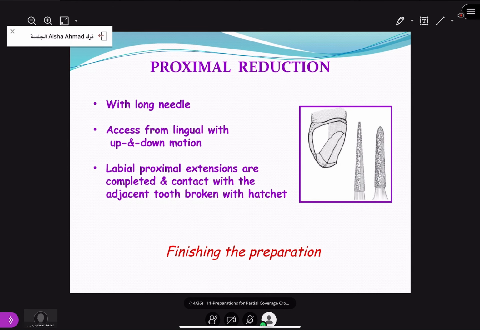So when you have done the lingual reduction, and reduced the area between the cingulum and the incisal edge with the flame shape bur, then you will reduce the incisal edge. And when you have done the lingual vertical wall preparation with the chamfer finish line, then you will reduce the proximal surface. First of all, break the contact. If adjacent teeth are present, break the contact with the needle bur. Then reduce the mesial and distal surface 1 millimeter and provide the chamfer finish line. For that purpose, you use the torpedo bur.